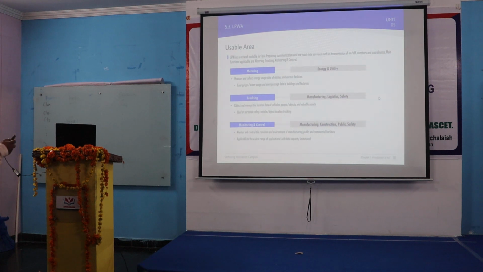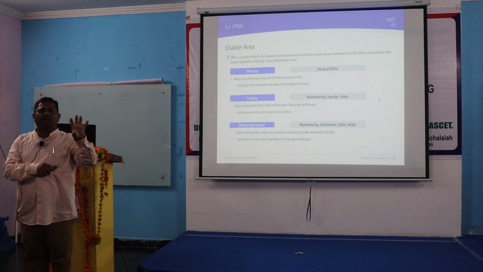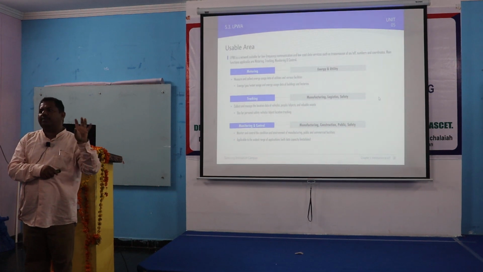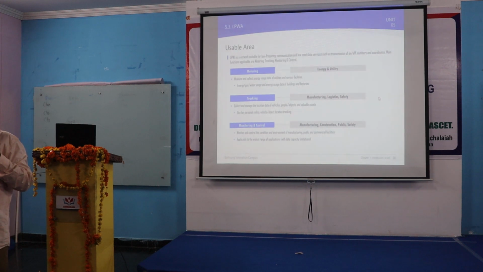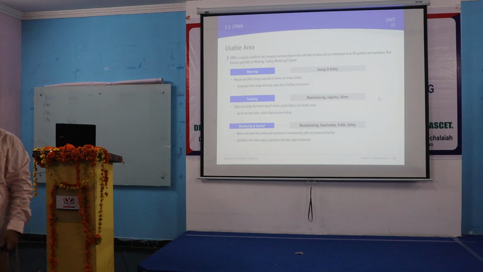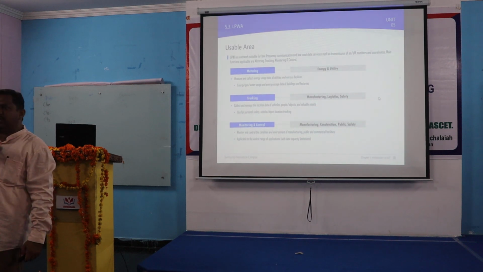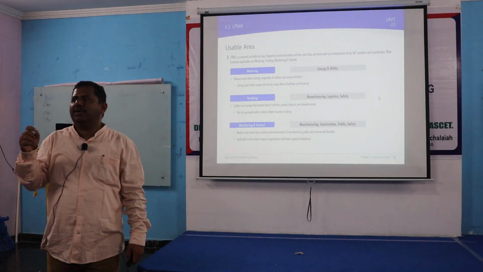So in that particular case, what is the usable area? Where can I use a private narrowband, and where can I use the public wideband? For my application I can use completely private, so you can use narrowband: fridge one frequency, AC one frequency, washing machine another frequency, because dedicated frequencies can be given to each.